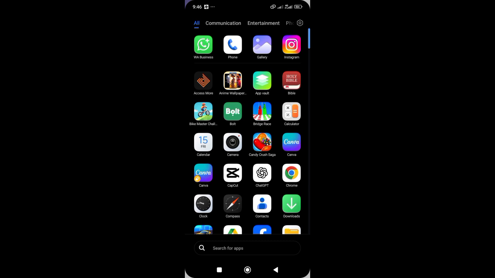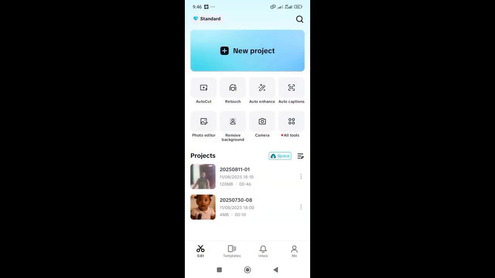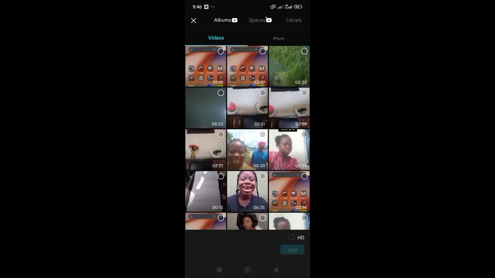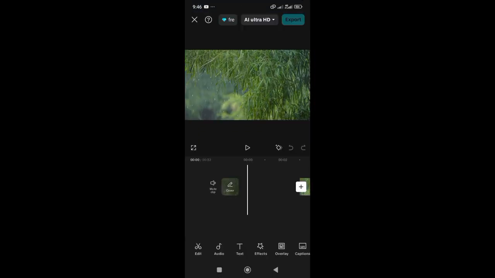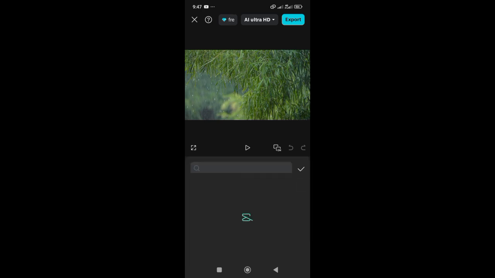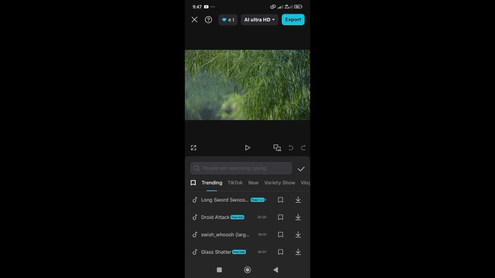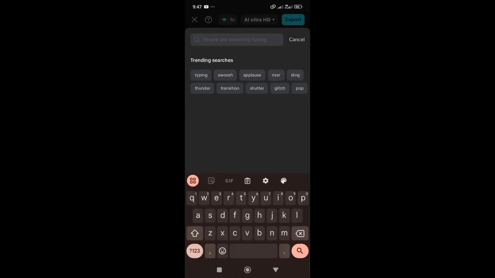So next we're going to head to CapCut and click on new project. When you click on new project, you're going to pick that video that I downloaded and click on add. After this has been done, we're going to go to the audio, and you click on sound FX. Click on sound FX and we're going to type in rainfall